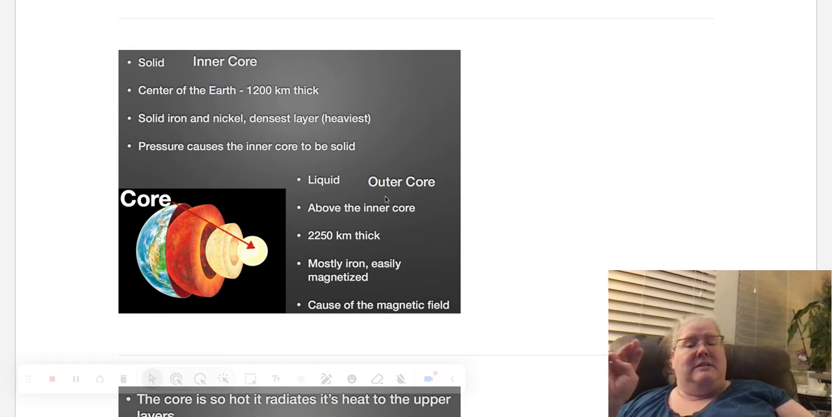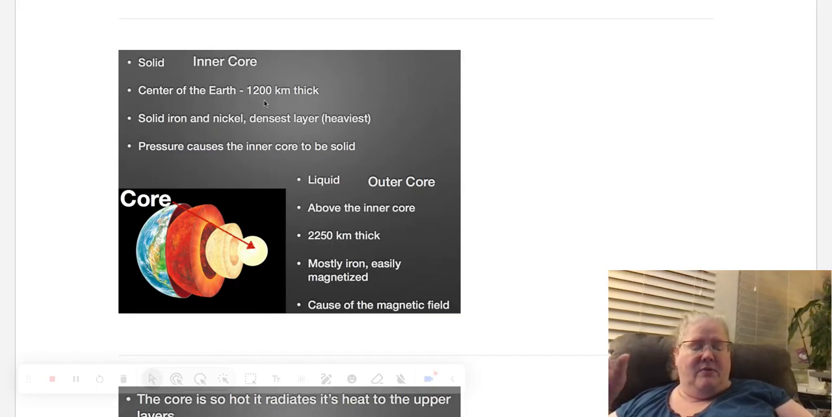So the outer core is liquid. It's just above the inner core, and it's 2,250 kilometers thick, where the inner core was 1,200 kilometers across. Because remember, that's a sphere, so we're going straight across right here. But this 2,250 kilometers thick, that's this part right here. It's that next layer out. It's that outer core. And this is still mostly iron,